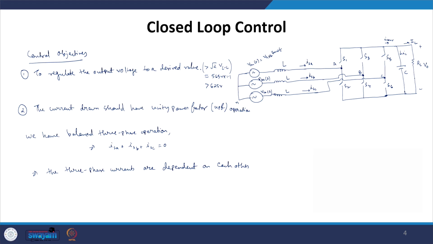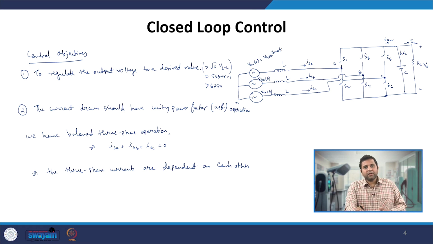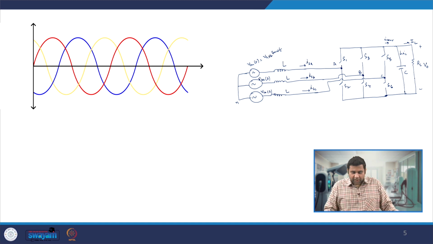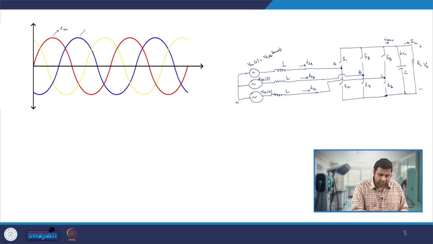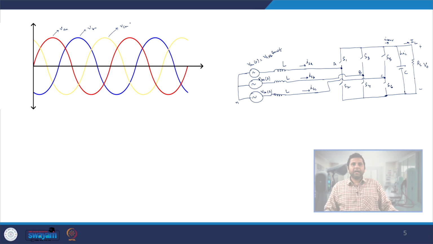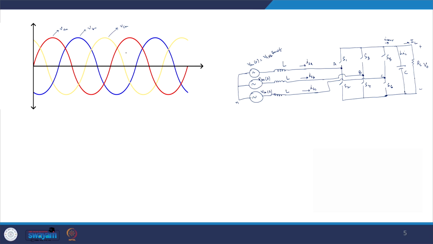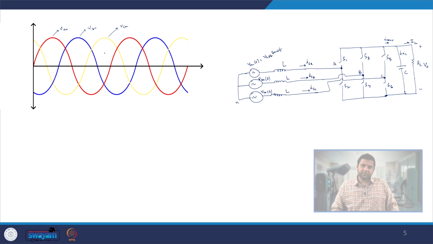So, how can we make the control of these 3 currents independent of each other? To obtain that independency among the 3 phase quantities, we generally go from the 3 phase system to the 2 phase system, and let us see how that makes sure that we have independency. Now, if you look very carefully at this system, let us say this is my VAN, this is my VBN, this is my VCN, and these are the source voltages which are applied, and since they have balanced 3 phase operation, they are 120-degree apart from each other.